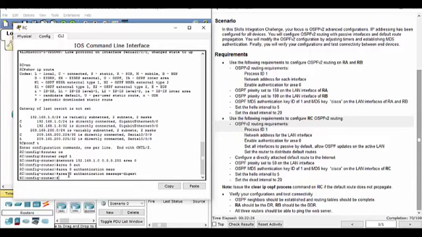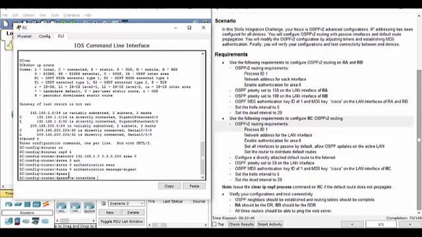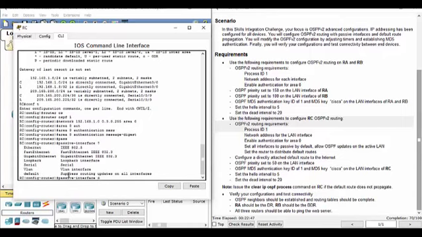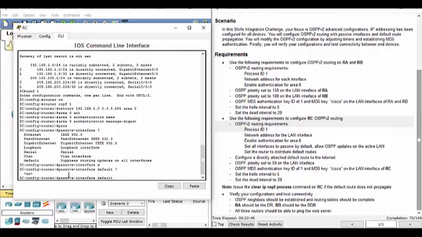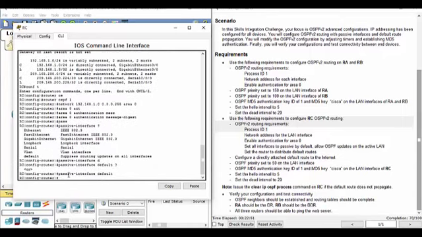Let's have a look there. So we've enabled authentication for area 0. Now set all interfaces to passive by default, and then it wants us to allow OSPF updates on the active LAN. So what that's trying to say is we're going to do passive interface, and I think it's default. Yep, there it is,